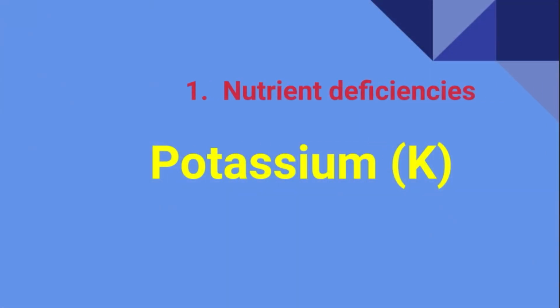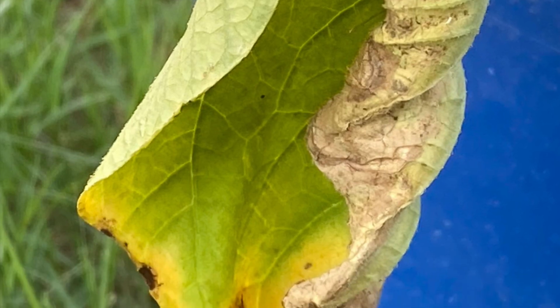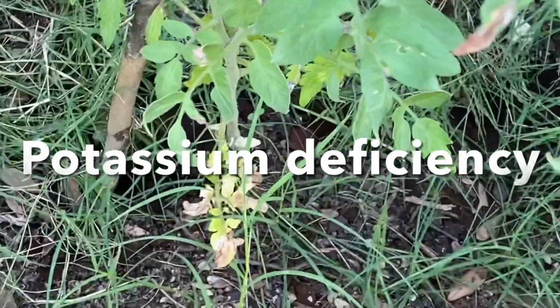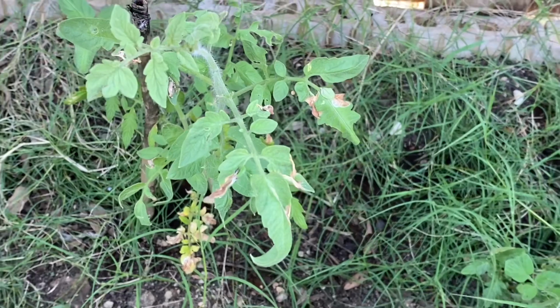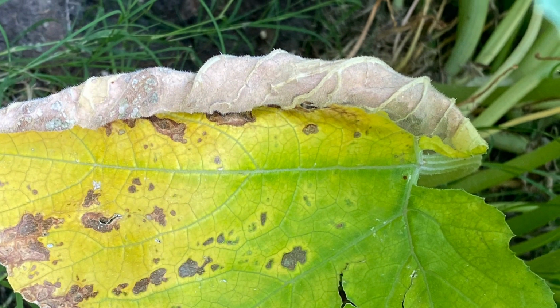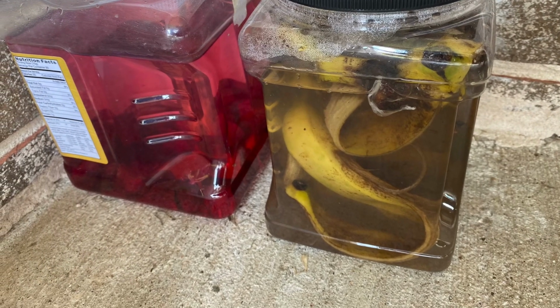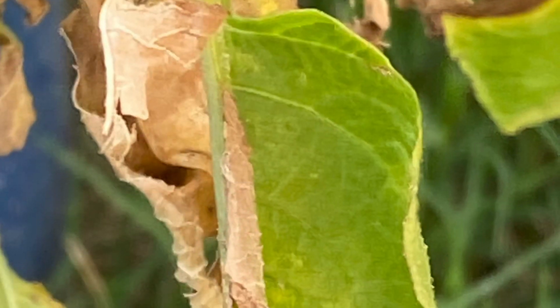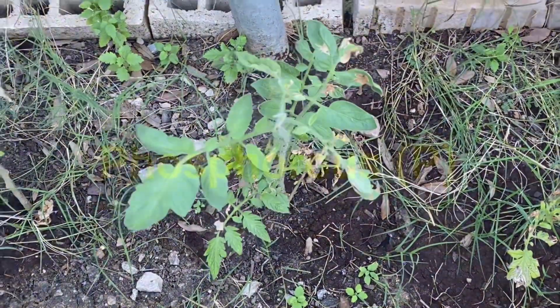When there is potassium deficiency, the leaf edges turn bright yellow but the inner leaf stays green. Older leaves show symptoms first and the leaf edges turn brown. A couple of solutions: liquid fertilizer from banana peels will have lots of potassium. You can watch my video on zero cost liquid fertilizer from banana peels. Also, wood ash is another great source of potassium. You can add it to the soil. And coffee grounds are also an alternative.